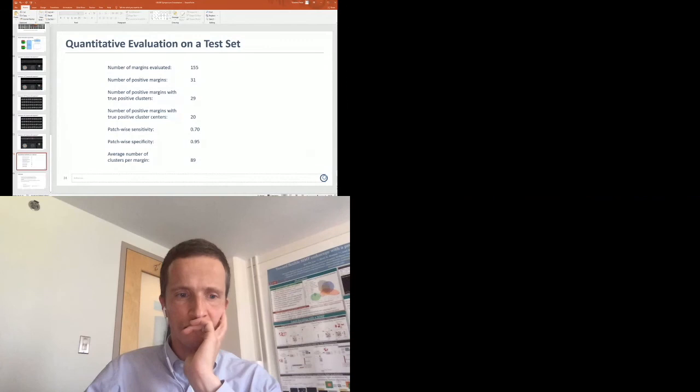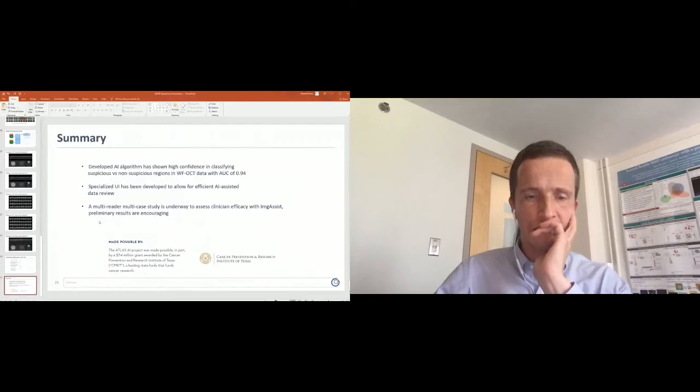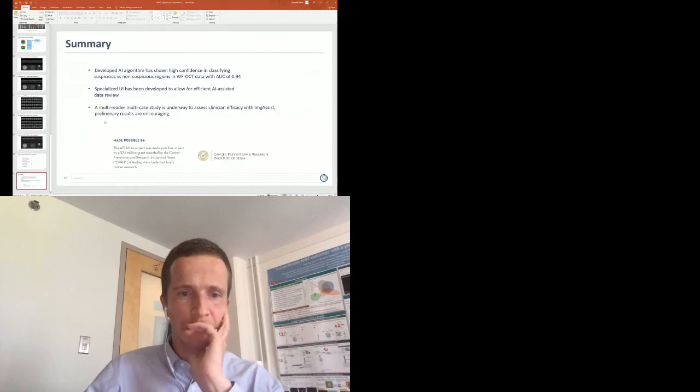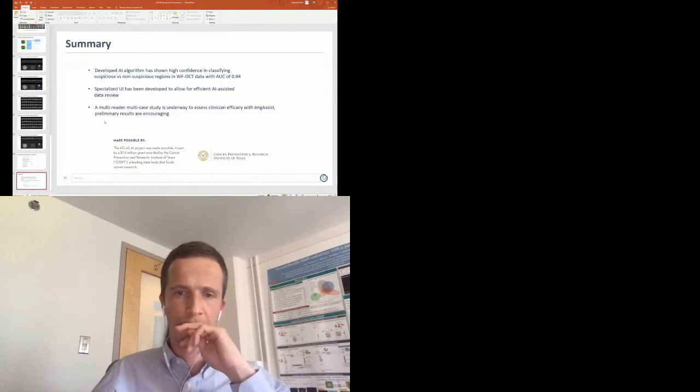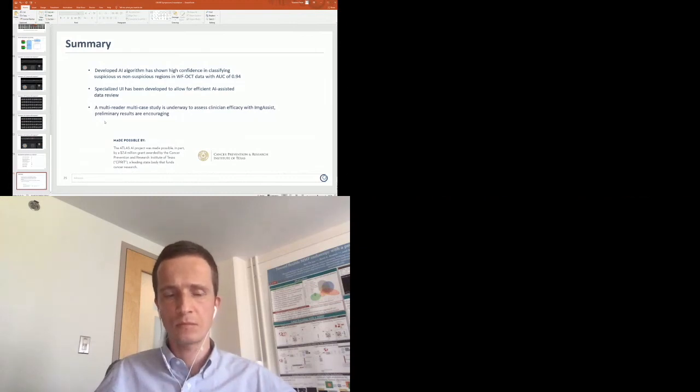And as a summary, we have developed an AI algorithm using convolutional neural networks that have shown high confidence in classifying suspicious versus non-suspicious regions in wide field OCT. We have a research prototype of the device with a specialized UI that has been developed to allow for efficient data review. Unfortunately, the results are not there yet, but we have a multi-reader, multi-case study underway to assess clinician efficacy. ImageAssist is our algorithm, and the whole project was made possible by a grant from the government of Texas,